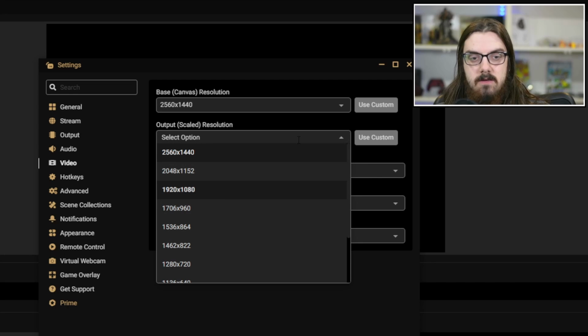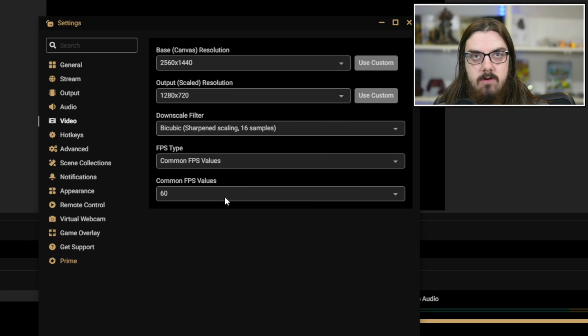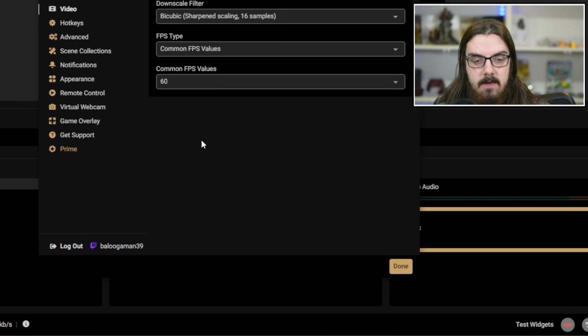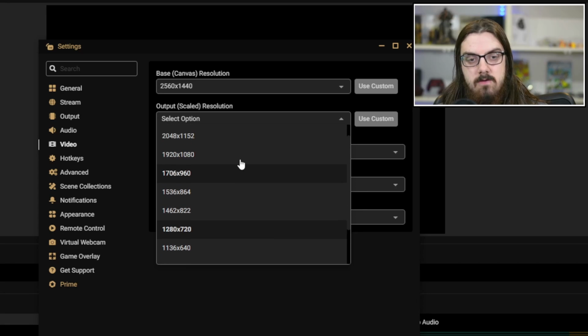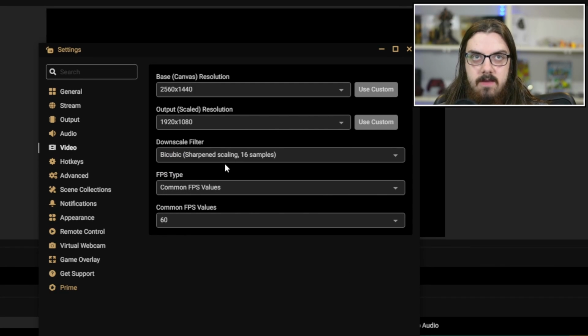But if you need to downscale this, you just go down to 1280 by 720. You click this, and then you can also adjust the FPS down to 30 as well if need be. So find what best fits you, your system, and what you'd like to stream at, and you just set all the settings here. The last thing, because we are in the settings, that I just want to go over is